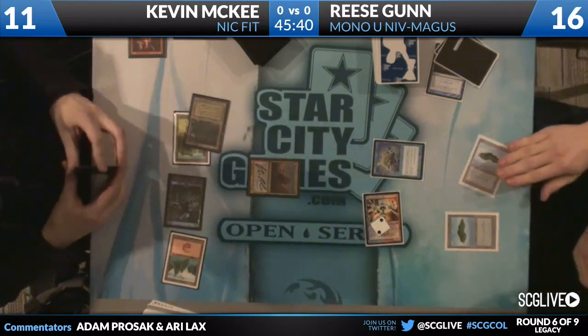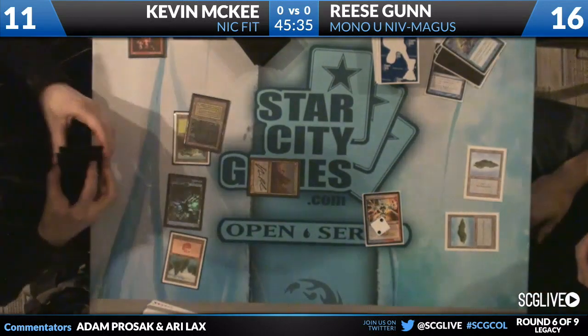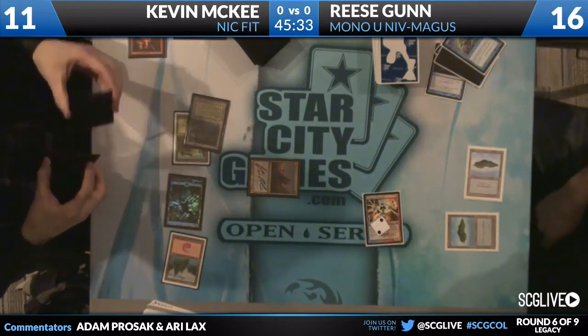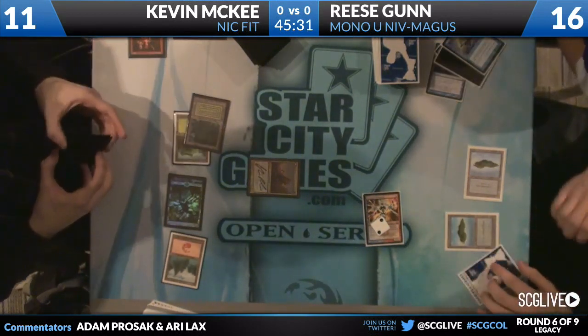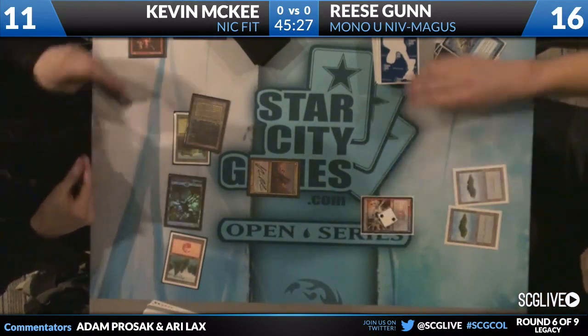Huntmaster is going to get stifled here. Kevin drawing... is that a black bordered Bayou? Nice. I believe it is. Portal Three Kingdoms lands. I can also appreciate those white bordered ones. Yeah, if you're going to white border, Portal Three Kingdoms would be...